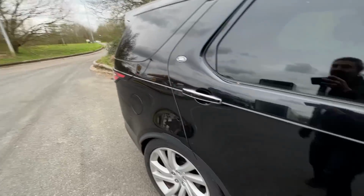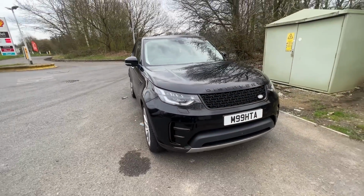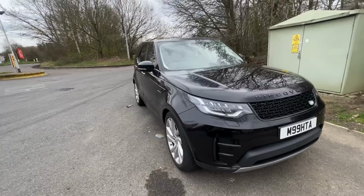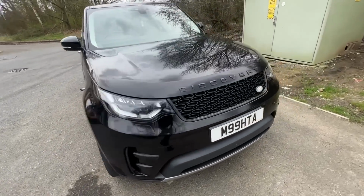Looking very clean, a lot of my rubbish here, but let me show you outside. And I've forgotten actually how good this car does look, which is not good news for me generally, because I do really want to move this on. I'm quite sick of the Land Rover issues generally, but you can see it's so shiny and actually looks in